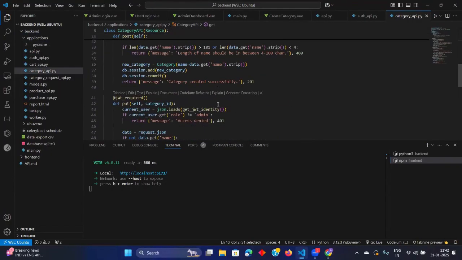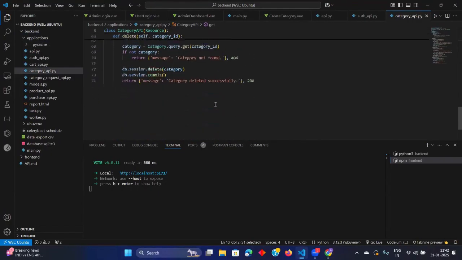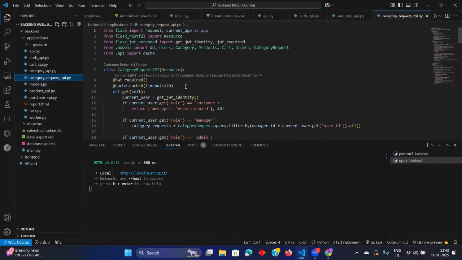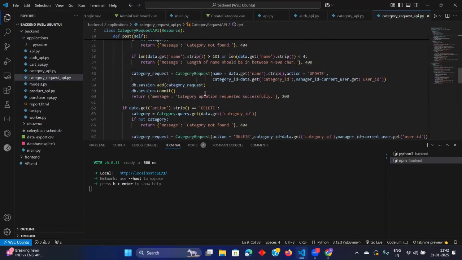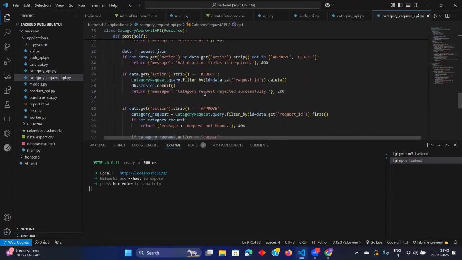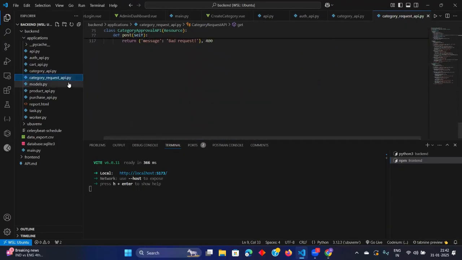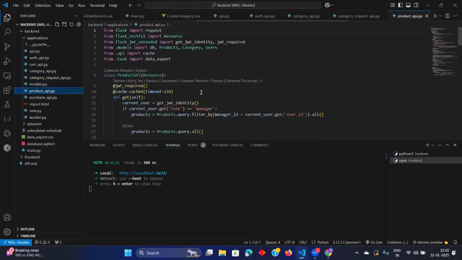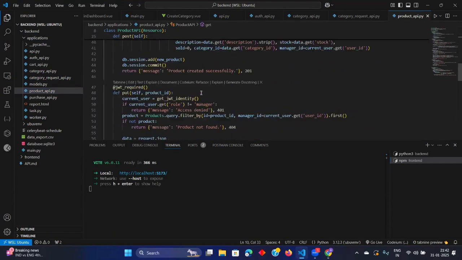Anywhere else we are using cache? Mostly in get request, I think, wherever there is a get request. While we are making this, let us remove all those get requests so that we don't have any issues in checking these things.